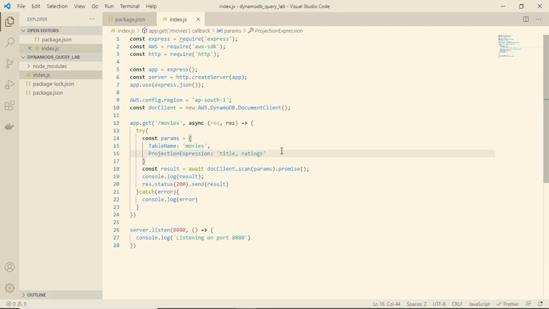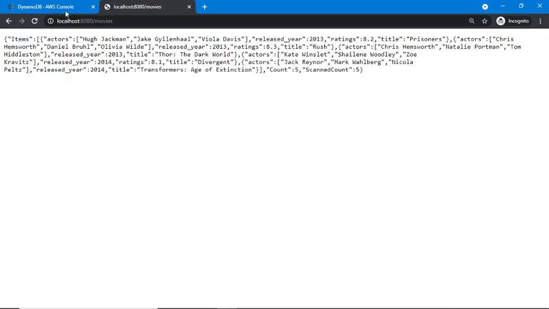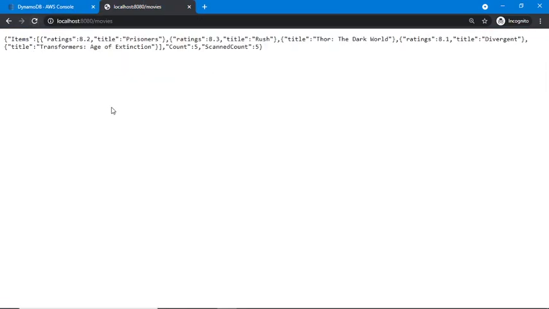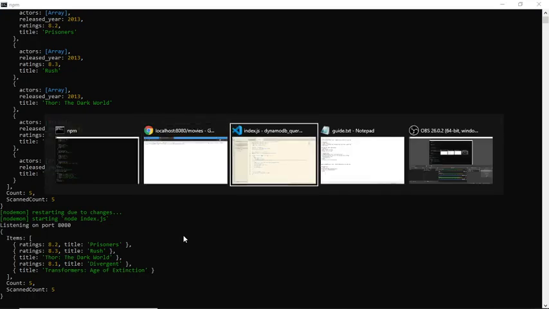So let's hit the API. Yeah, here we can see I got all 5 items, but as compared to the above result, here it is returning only 2 attributes. In this way you can use projection expression.